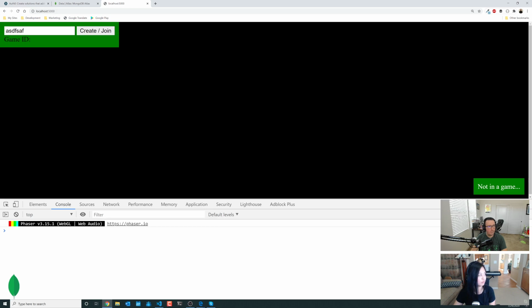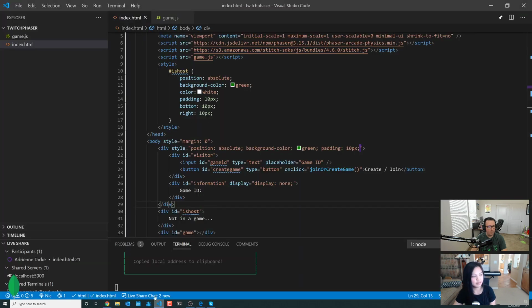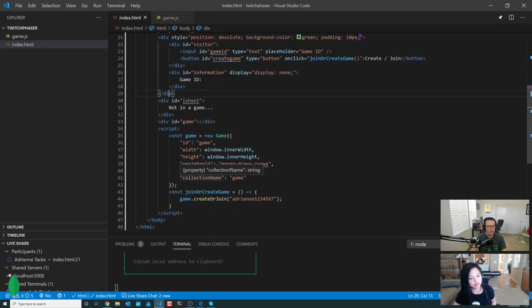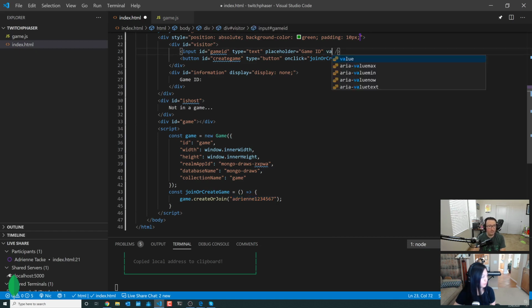Are we actually passing in the value that I type? I don't think we are yet, right? Not yet. We needed to update our copy of our game join and create game function. I believe that's where we do it. Yeah. So we have game ID for the input, right? So instead of this cool value, which I'm actually going to put it in there so that way it's stuck in there forever.